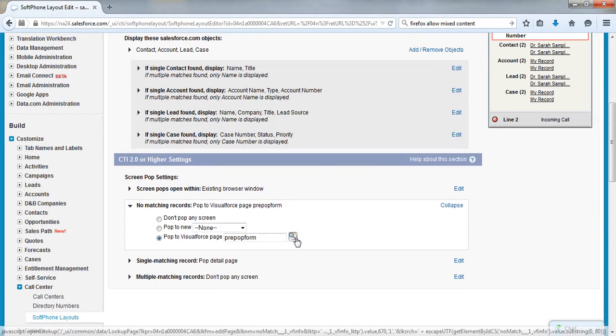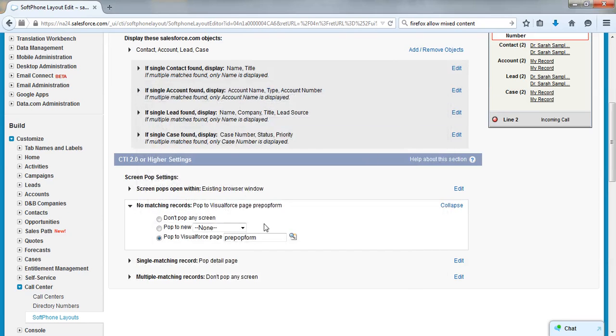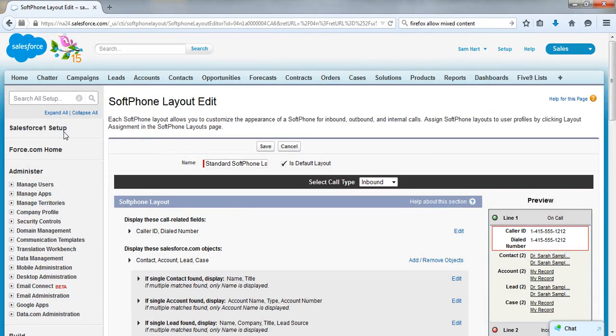So go ahead and click the search button, find it as part of that package. But you need to do that. You don't want to pop to a new whatever object screen. You want to pop to a new Visualforce page because we have to override this behavior a little bit. So once you've done that, you should be good to go. So in this case, we're going to use the leads object,